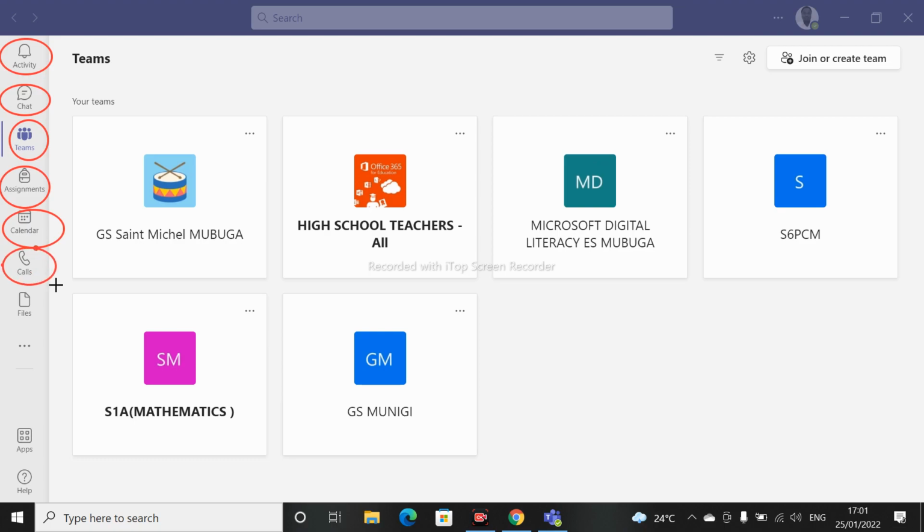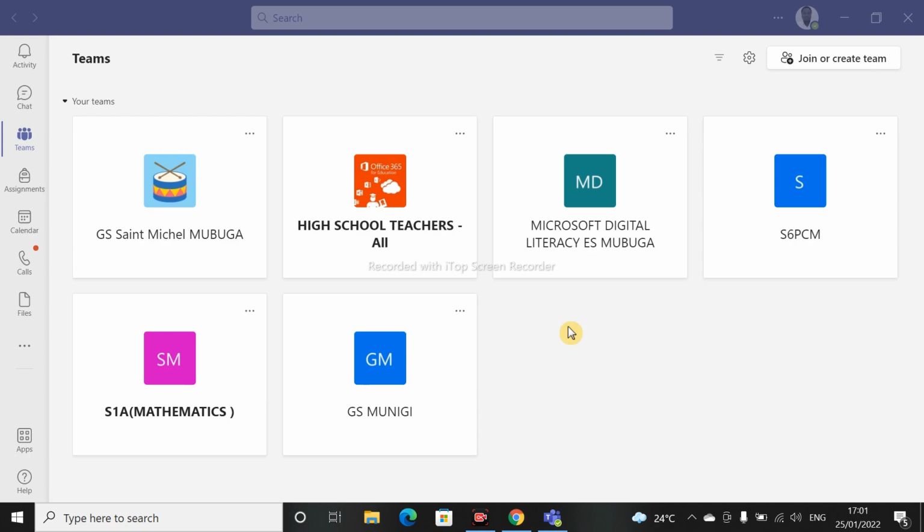Yeah, there is call. You can also make a call, and we'll see later how we can call other people using Microsoft Teams. Here there is files. There is shared files, shared with you, shared with other people, and here you can also access some apps related to Teams. Now, today I want to show you how to create a meeting using